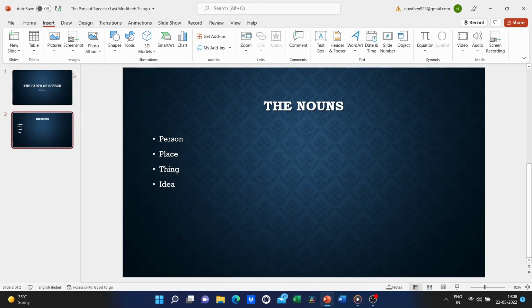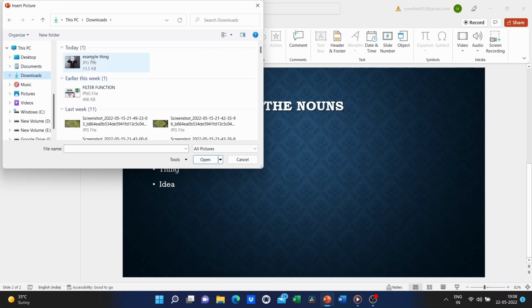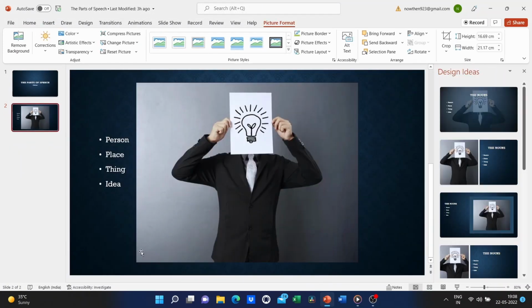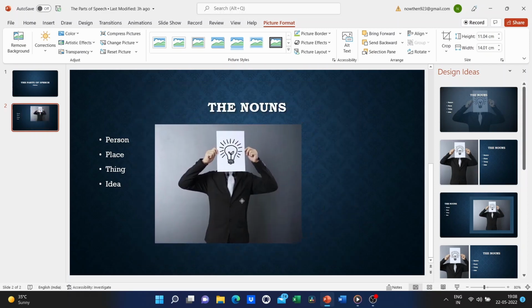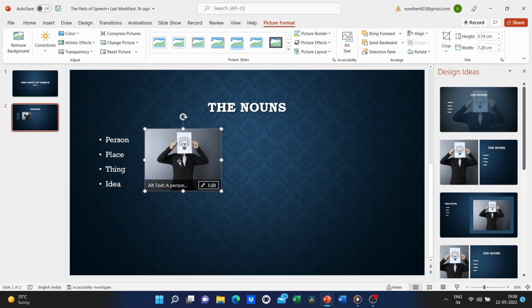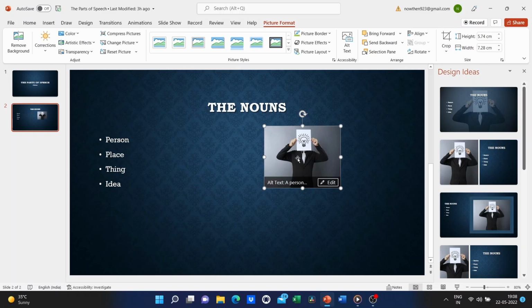And from here, I'm gonna just quickly jump to Photos. And I'm gonna find a few photos to add. Okay, so here's the one nice full image to choose here. I know, but anyway, this is an example of a thing. So I'm gonna stash that there. And because this photo was on my computer, it was easy for me to click Insert Pictures and find it and upload it. But I don't know if I have a picture of a famous person on my computer or a place or an idea. I don't know if I've got that.